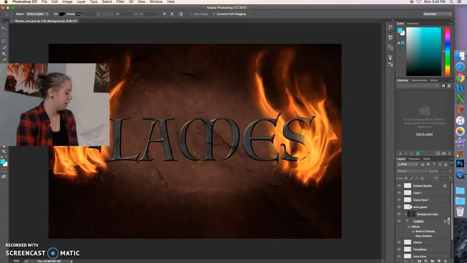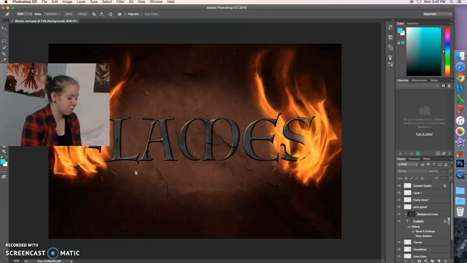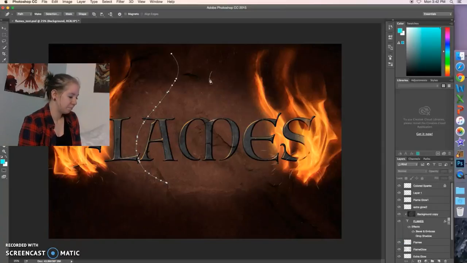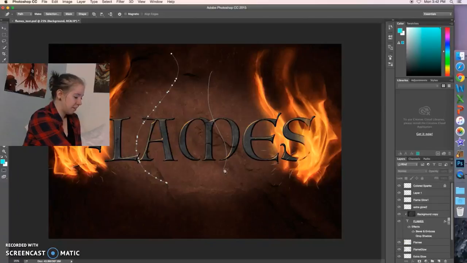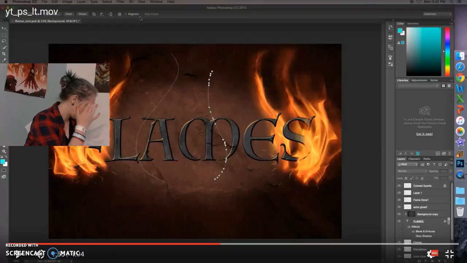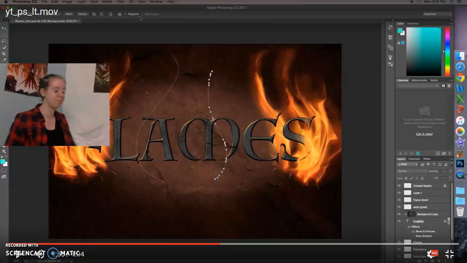Now I want to add more flames to the background. It's not going to be like those nice orange flames in the corner because I'm on the wrong layer and I didn't realize that as I was recording this. But you need to use the freeform pen tool,